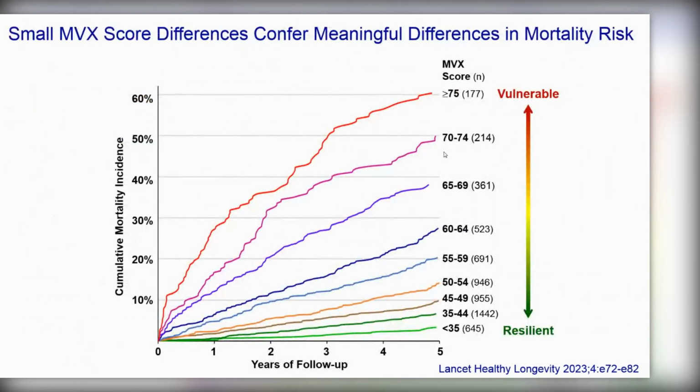not known before. And this is a good example of how remarkably well these 6,000 people in this study were differentiated just on the basis of their MVX score at baseline. You can see that the numbers in parentheses are the number of people in each of these MVX categories. So if you have an MVX score less than 35, only about 3% of that group have died after 5 years. If you're unfortunately in the red group, then over 60% of the people in that subgroup have